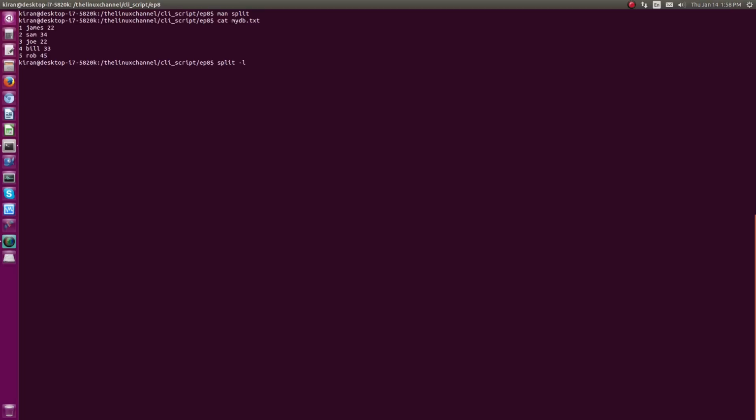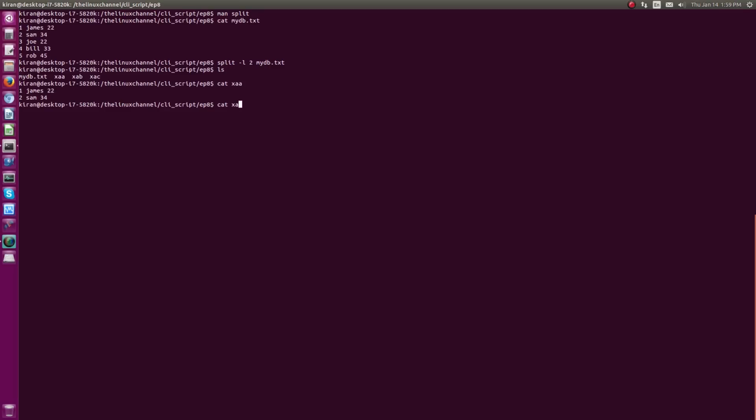Whereas if it is a binary file, as I said on my whiteboard, you can choose to use n number of bytes as such. Since that is not applicable here, you may choose to split into multiple lines. So I can just split this, as an example, into 2 lines per file. You can just specify its file name, mydb.txt. So as you can see here, it has created multiple smaller files. You can just choose to do cat xaa.